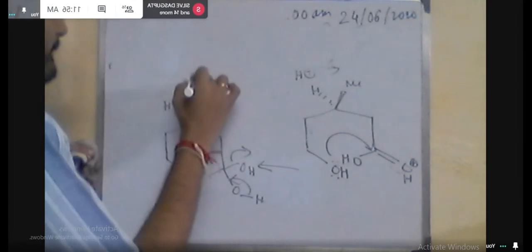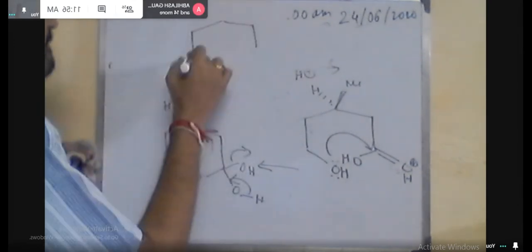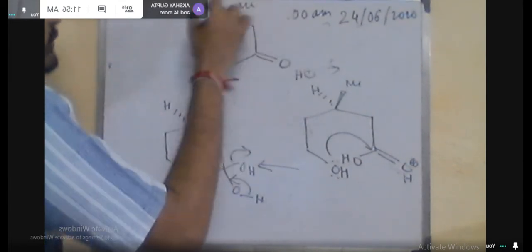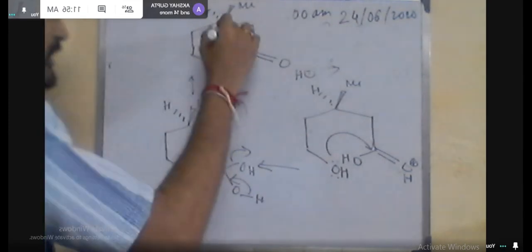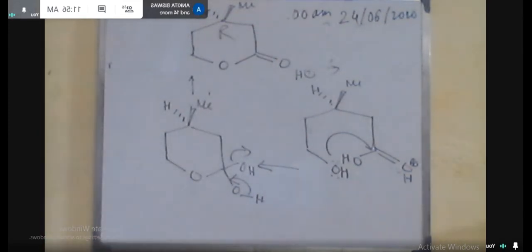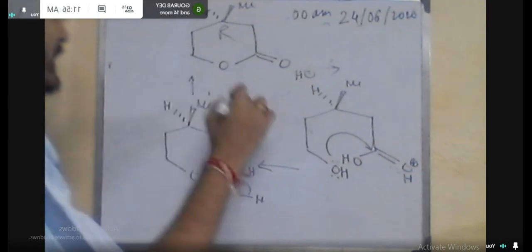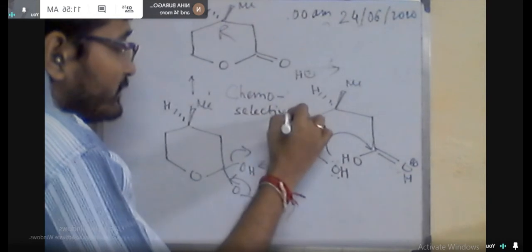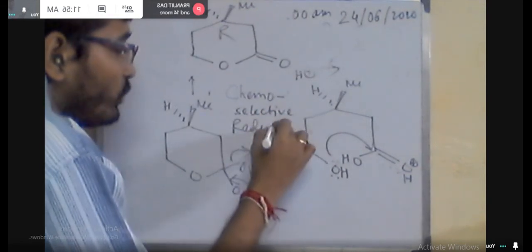Okay, reduction of alpha beta unsaturated carbonyls. Alpha beta unsaturated carbonyl means, say this is the C double bond O, this is the 2-butanone, this is the saturated carbon, this is the carbonyl residue, simple carbonyl residue. Now if we add the double bond here, so with respect to this functional group, this is the alpha, this is the beta, so it is named as the alpha beta unsaturated carbonyl.